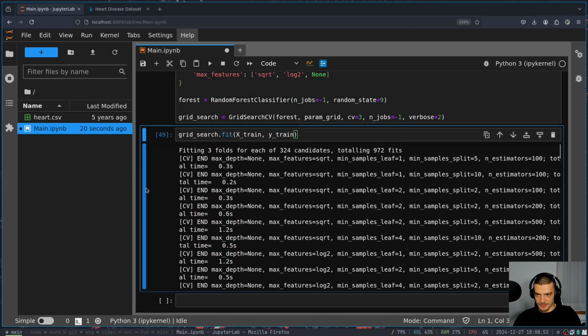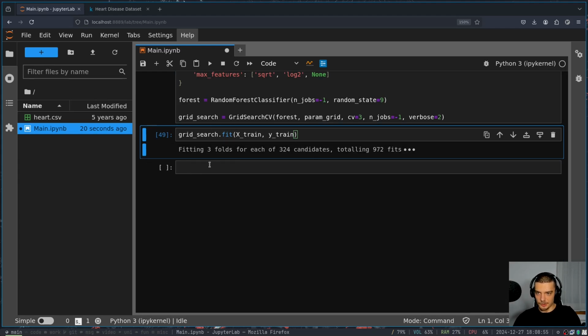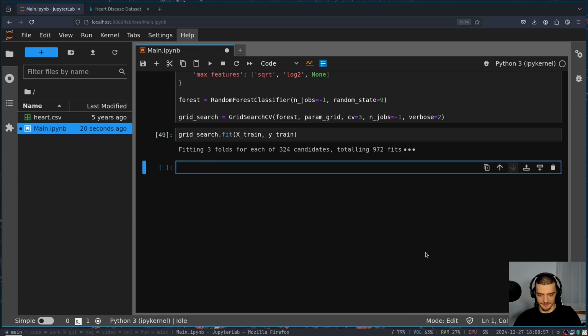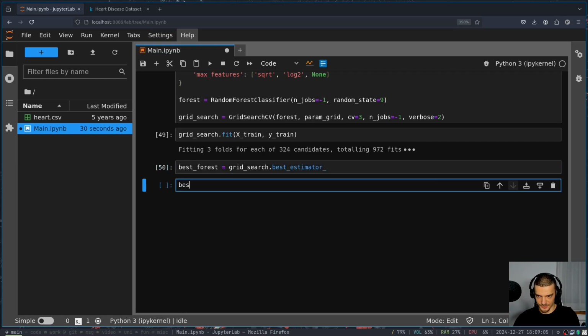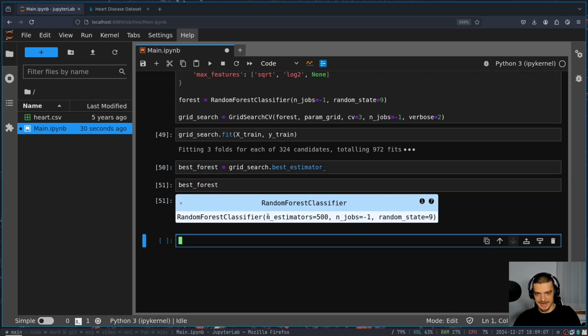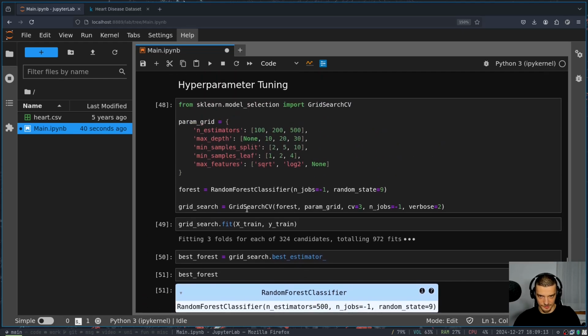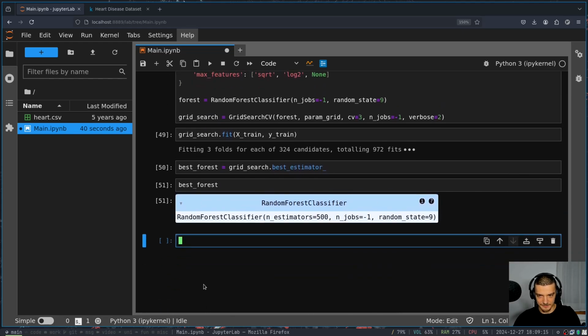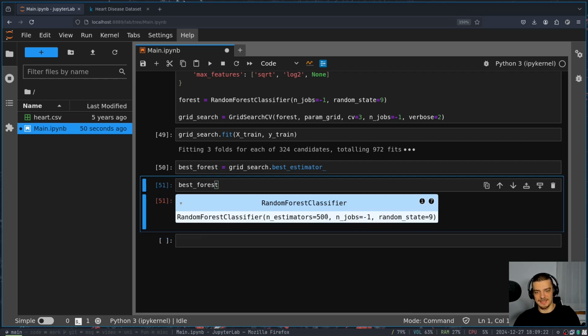So this seems to be done right now, and as a result, we get the optimal classifier. So we can say best forest is equal to grid search dot best estimator. We can take a look at the best forest, and it has 500 estimators and nothing else. That is the best result. So all of the others are kept at default. This is what it means when they're not listed here. Random state 9 is of course fixed, and jobs -1 is also fixed, but that is the only thing that